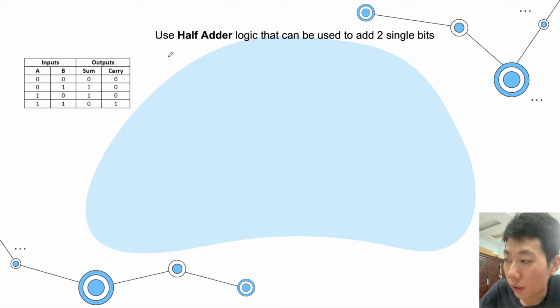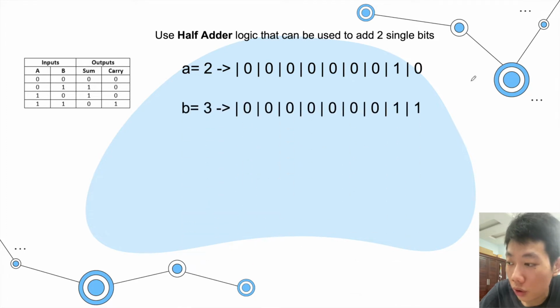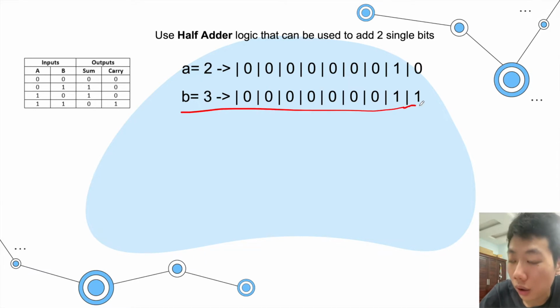So I have this example: A is equal to 2, and converted into binary, we have this number. And B equal to 3, converted into binary, we have this number. And after adding the two binary numbers together, we will have 0 plus 1. As you can see, 0 plus 1 is 1, and 1 plus 1 is 0, but we have carry 1